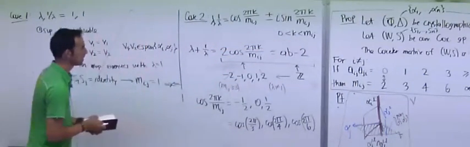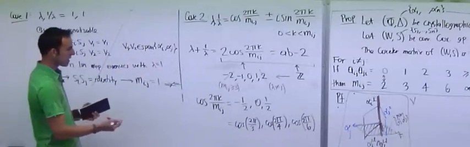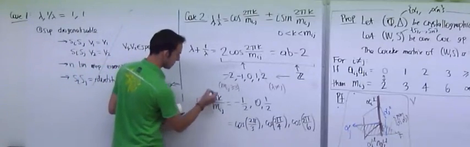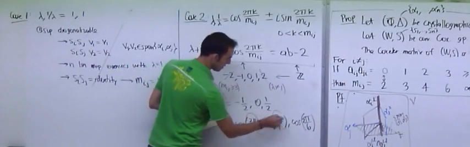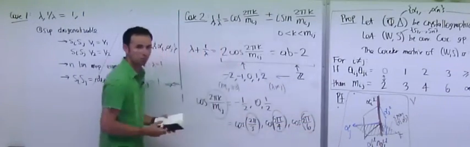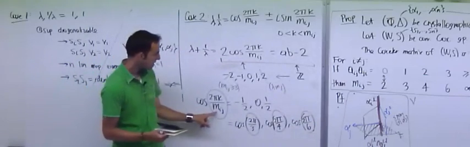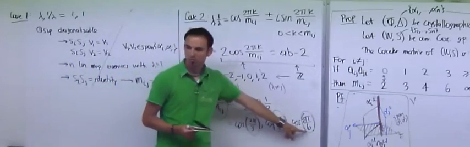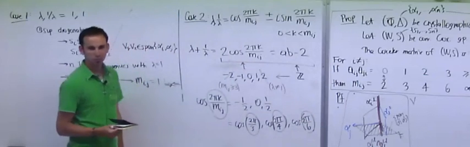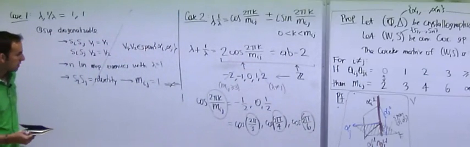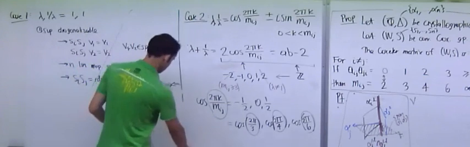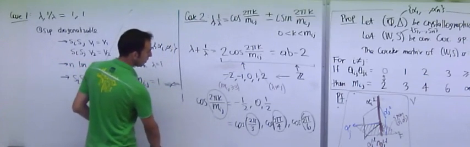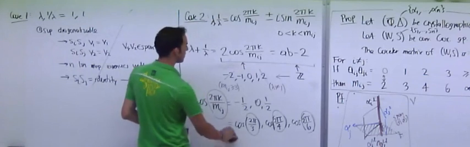Okay. Which means that actually this guy has to be either this or this or this. So what that means is that Mij has to be either 3 or 4 or 6, which is what I wanted to show. And not only that, but we know exactly when each one of these happens, because